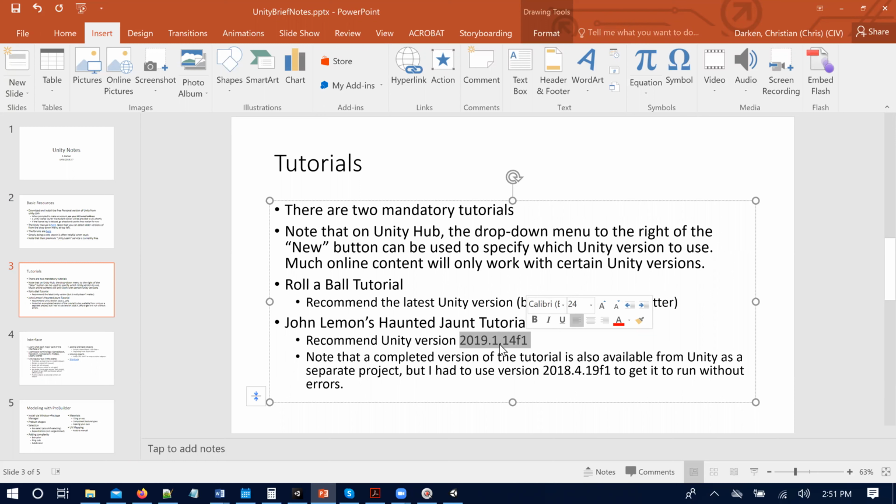So that's recommended. And then to run the complete version, I found I needed a different version to make that work. This is the one that worked for me. Your mileage may vary, but I would recommend probably just sticking with these versions.